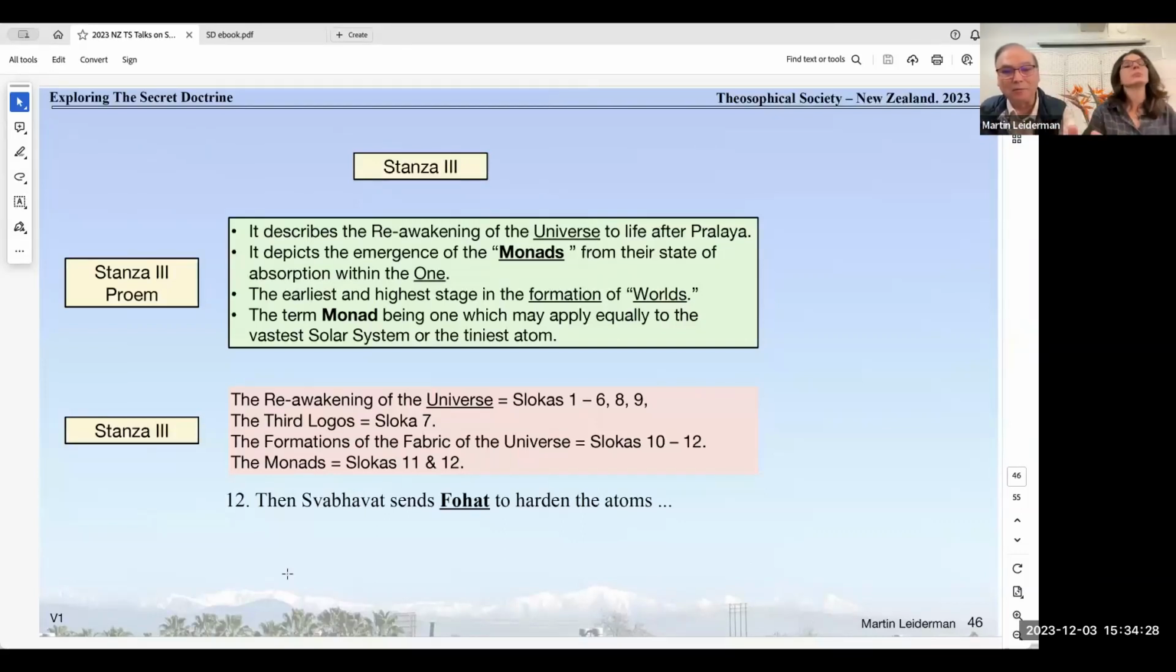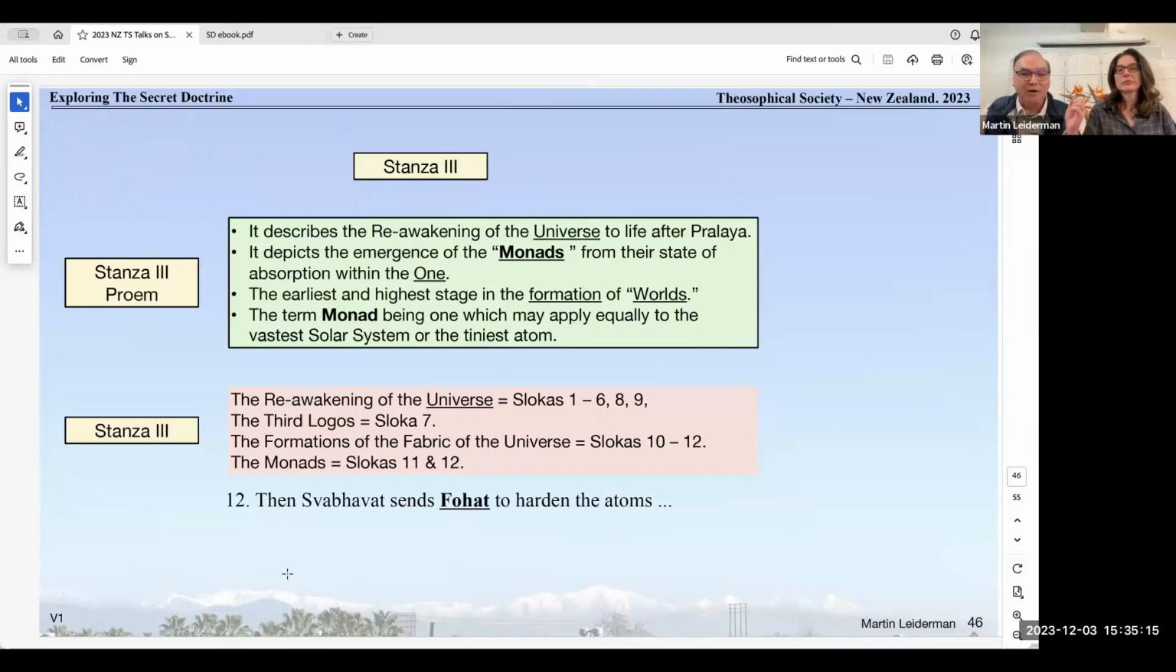So the reawakening, stanza 1 through 5, 8, and 9. The third logos, stanza 7, sloka 7. In sloka 7, you have the description of something extremely important, which is the description of the third logos, which is the God in every religion that manifests the universe, creates the universe. You will have the description of the God and the function of, like Jehovah, the description of Jehovah in sloka 7 and the function of Jehovah in sloka 7, or Zeus, or Amun-Ra, or etc., whichever religion or ancient mythology you're dealing with. The fabric of the universe, 10 to 12, monads, 11, 12,